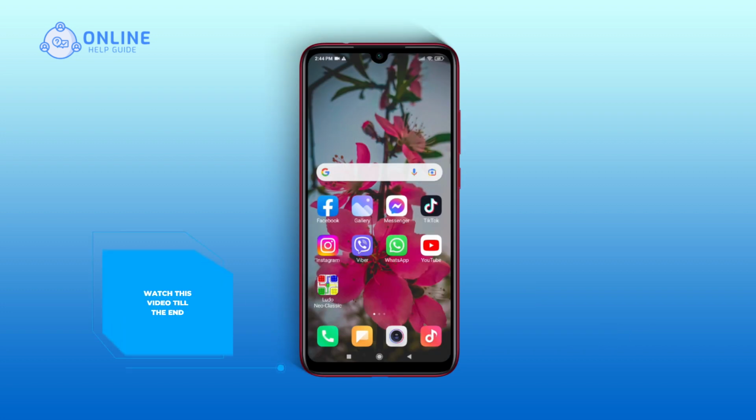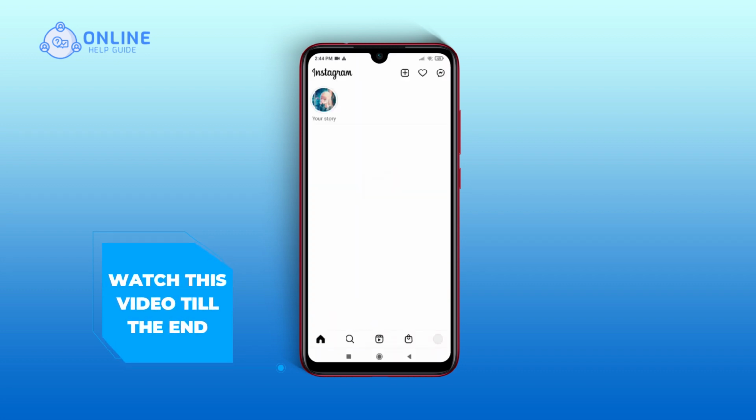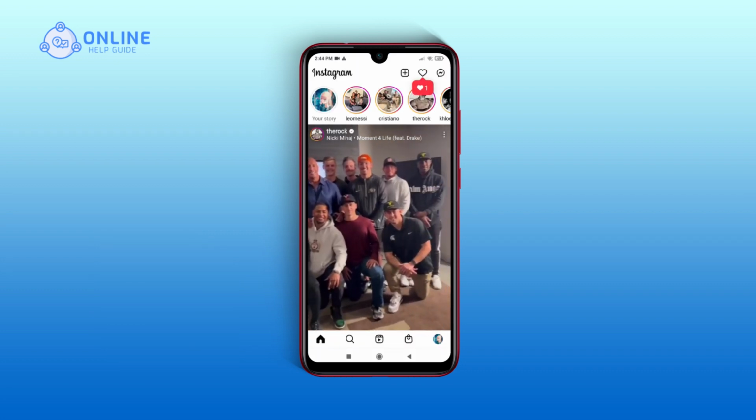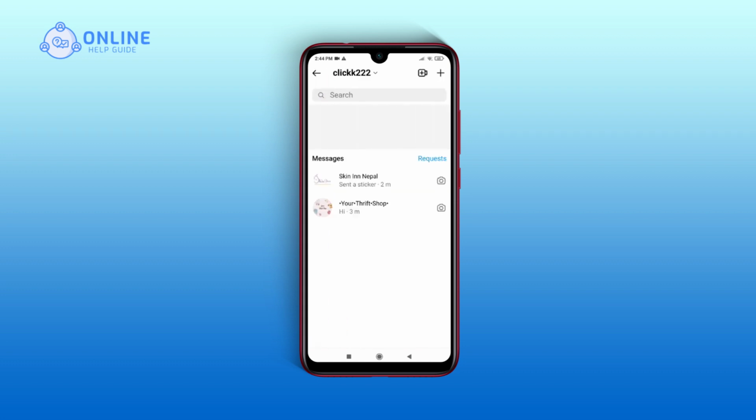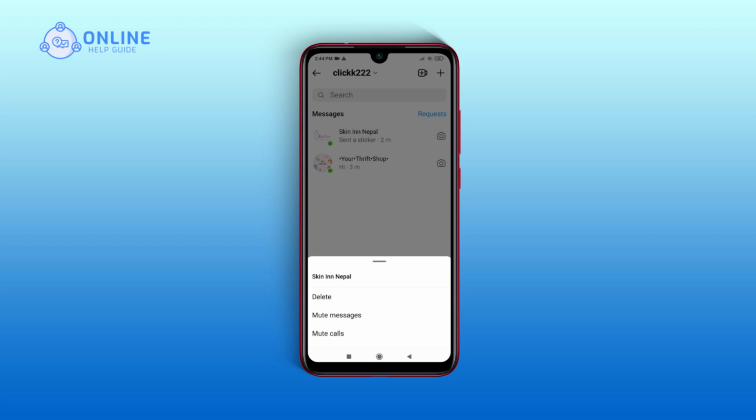First, launch your Instagram app. Tap the message icon at the top right of your home screen. Now tap and hold on the conversation you would like to delete to bring up the message options and select